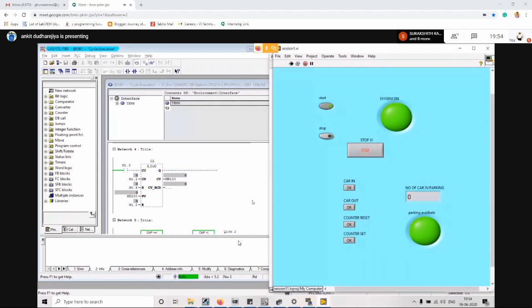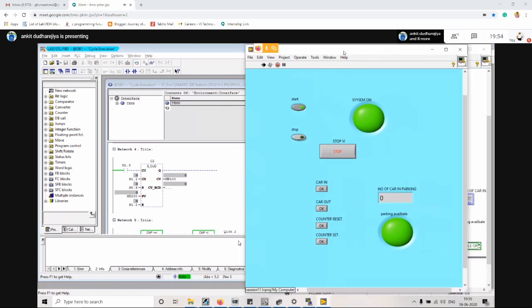Like first, initially you will create a logic in your PLC, you will add all the tags into your OPC server, then the same tags we will add in our LabVIEW, and then accordingly we will do the coding in our LabVIEW. And this coding is very simple because we have to read or write the value. We don't have to apply any logic in LabVIEW. We just have to read and write the value between PLC and LabVIEW.